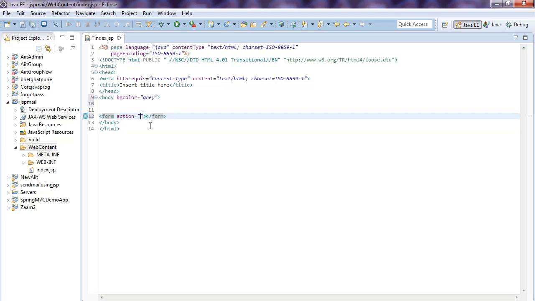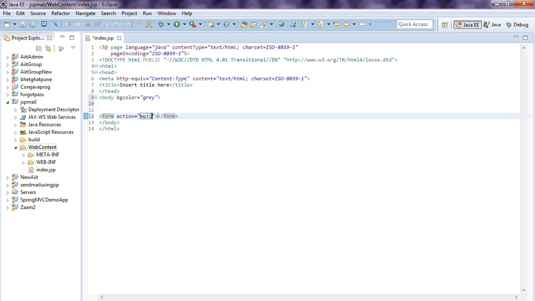When you mention any other page, the action could be sending mail, retrieving information, updating information, creating information, whatever you write there, that form is sending the action to the mentioned page. So I write the mentioned page here.